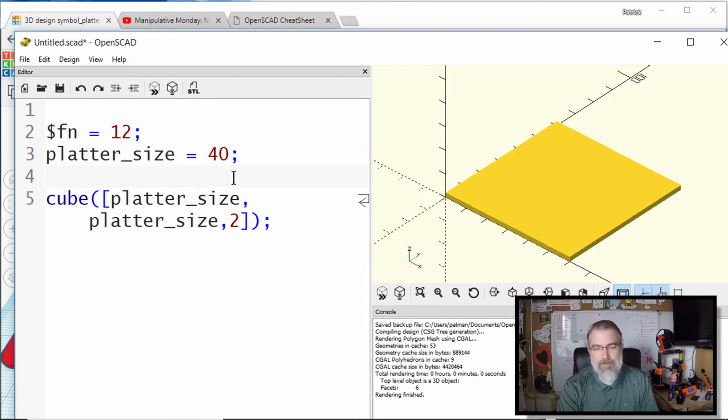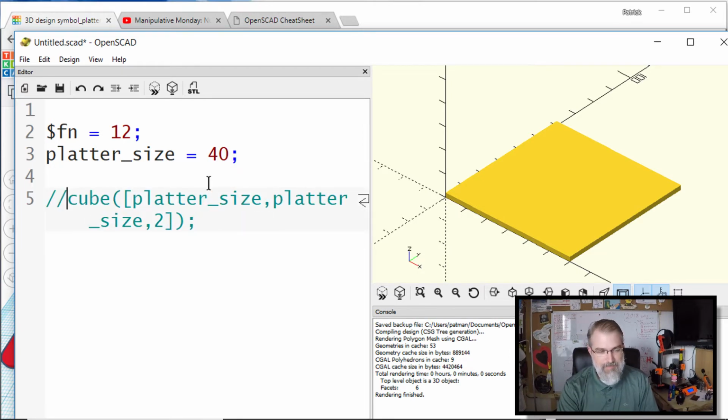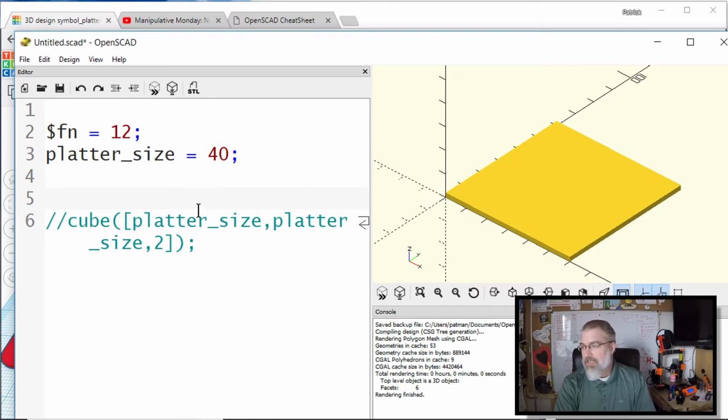But to do that, now I want to back up a second, and I want to do cylinders. So let me do that. If I do two slashes, it's like a comment, so now that no longer will actually be created. So I want to make a cylinder. That'll be my rounded edge. So I'll have a cylinder, and I'll say,